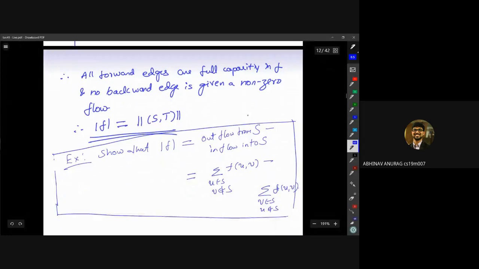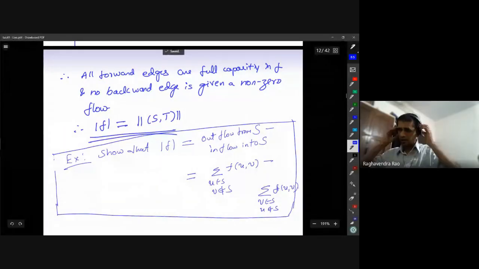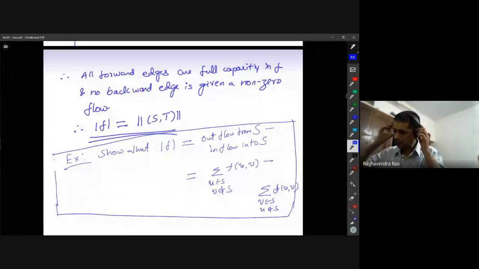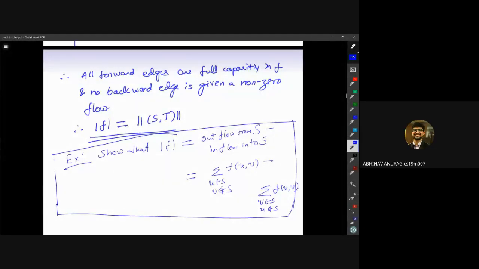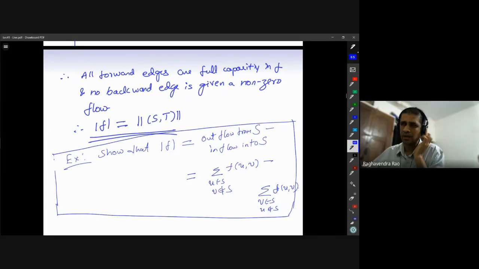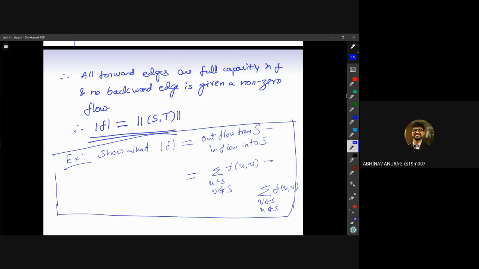Does this statement say that at any given point of time the value assigned to the forward edge plus the value assigned to the backward edge is equal to the total capacity of the edge? Just a minute, I could not hear you properly. Can you repeat the question? You mean the residual capacity? The residual capacity plus the forward flow should be equal to the total capacity of the edge. Is it like that? I'm a little confused.